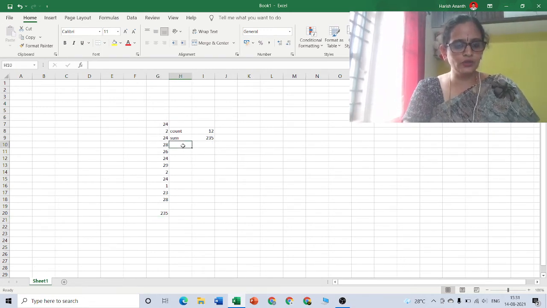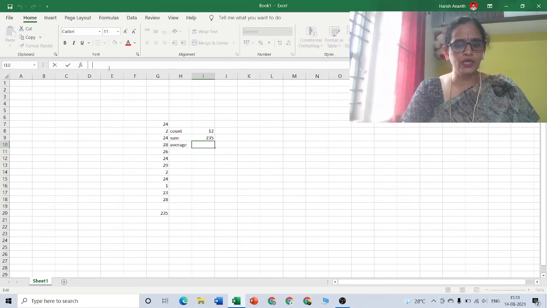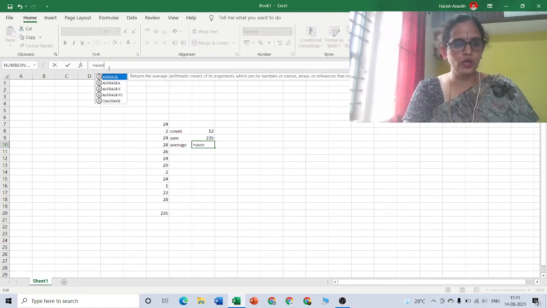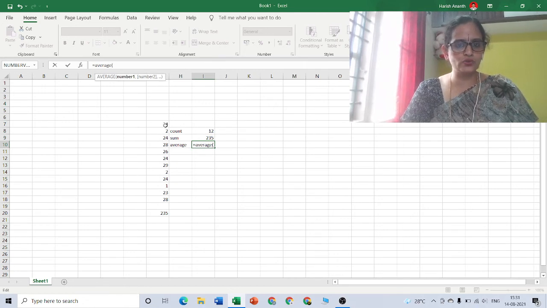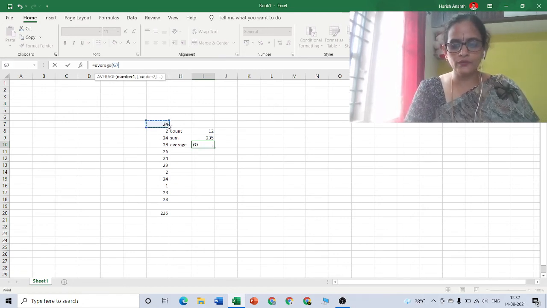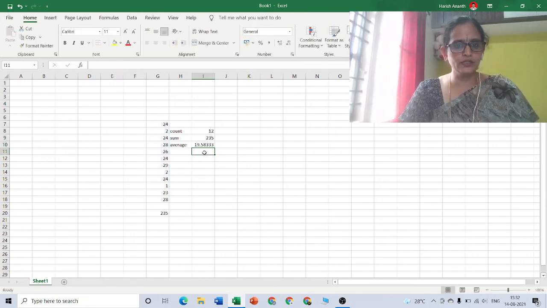So if we want to find the average for these scores, how are we going to find it? We will type equal to average, and select these scores, close the bracket and enter. So 19.58 is the average score.